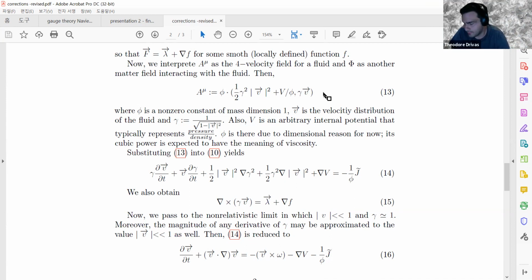So are you claiming there's a mapping between fluid dynamics and electromagnetism? Yes. What do you mean by that? Let me show you. In the first paper, there's that table that shows what the terms correspond to. Yes, is that what you're going to bring up? Yeah.